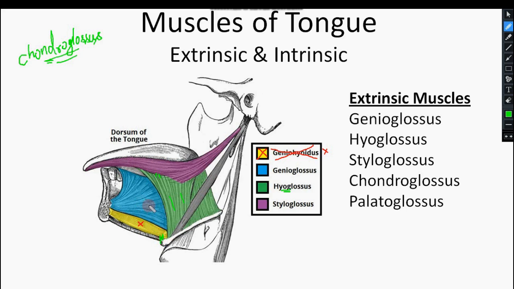And this muscle fiber is genioglossus. It is running in this manner, and the lower fibers of this genioglossus will insert over the hyoid bone, that you already know. So what will the genioglossus do? It will split this hyoglossus and lead to make another muscle. This muscle is chondroglossus, and it will go and attach on this side of the tongue.